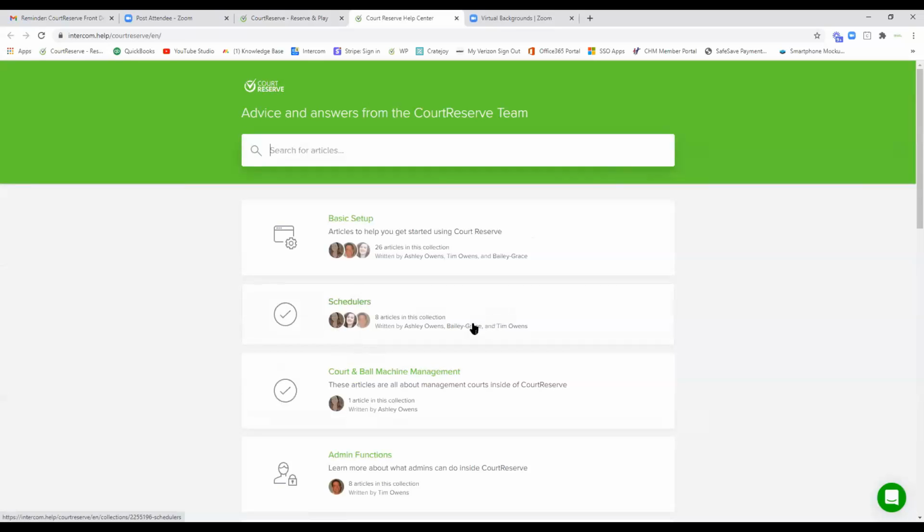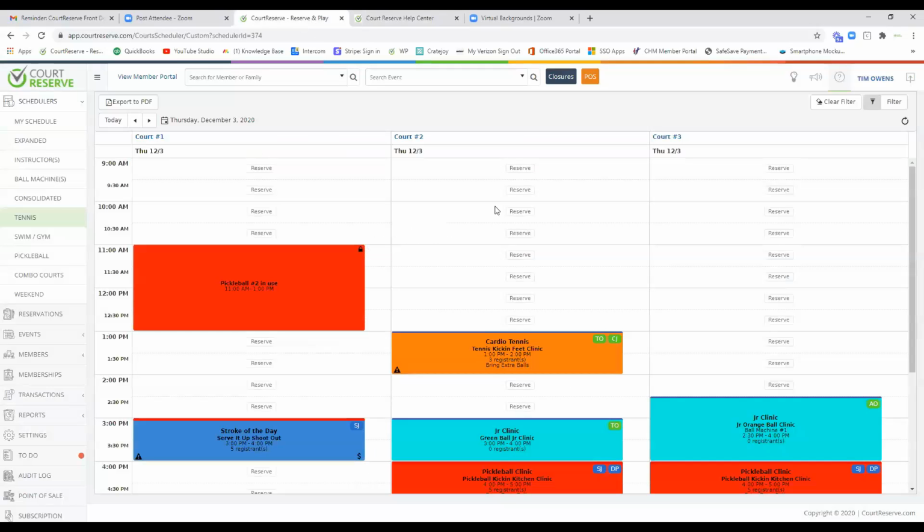They're the articles that pop up when you come to chat support that teach you how to use the system. So if you need to know how to set up a ball machine or how to reserve a court, you can come in here and search for the articles, and it will lead you to those things as well. Okay, so from a front desk standpoint, we're going to go in and reserve